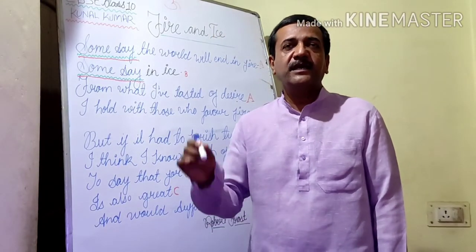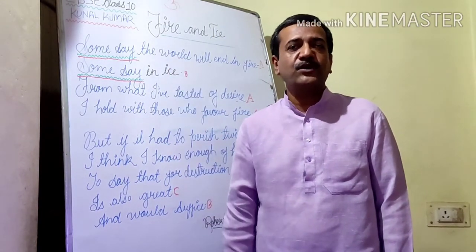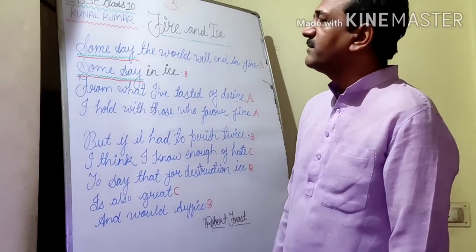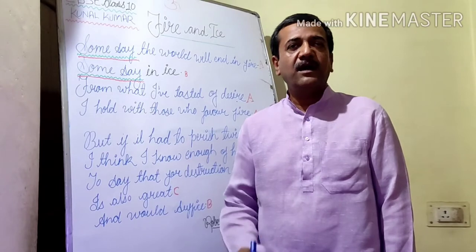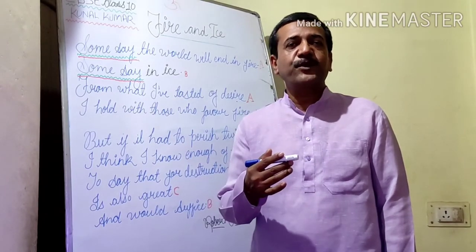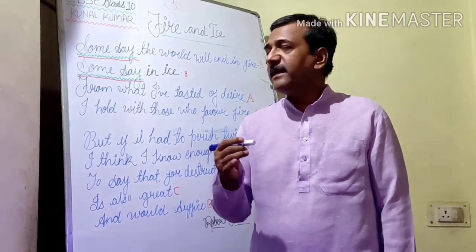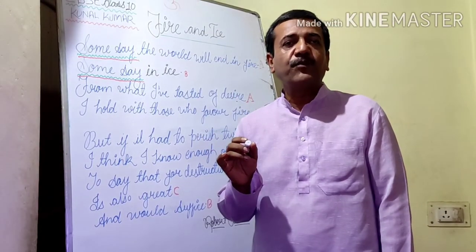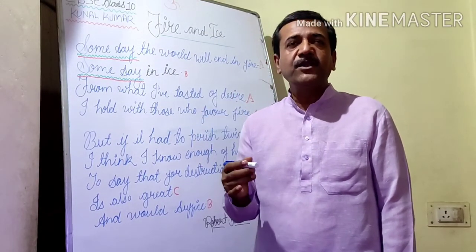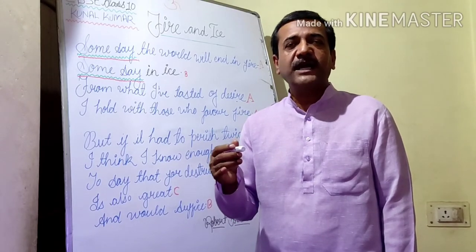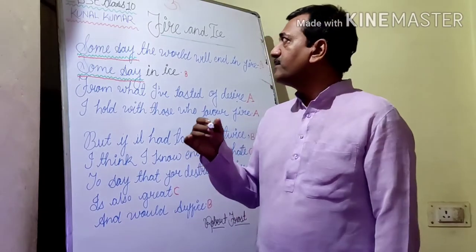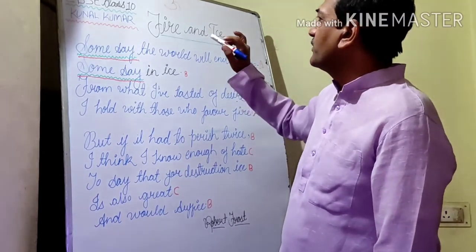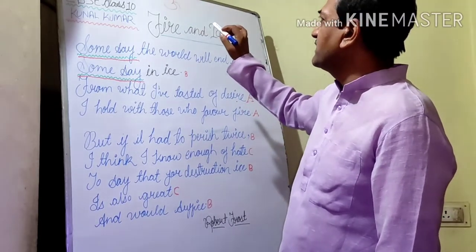In ice is an example of assonance. Assonance is something like alliteration when a vowel sound is produced at any point in any subject, sometime at the beginning of the word, sometime the middle of the word, and sometime it may appear from the end of the word. So you can see in ice, this is an example of